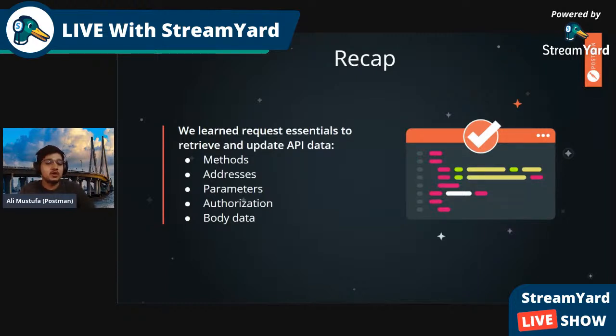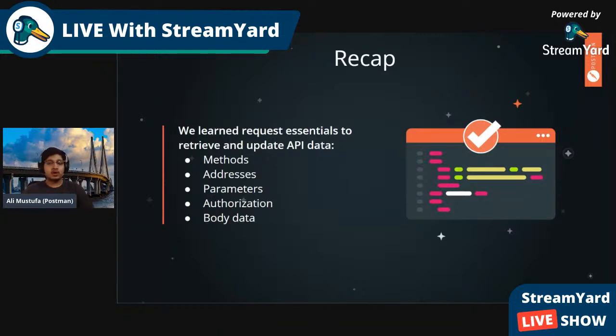Cool. So addresses are the host, and then there's a path, for example /joke or /anything. Then there's authorization. Now, what is the problem with the whole example which we did earlier? What is the main problem there? Anyone can delete my joke. Anyone can update my joke. Anyone can do anything on that server, right? Anyone can add any bad joke there. There's a problem with integrity, consistency, and proper access.